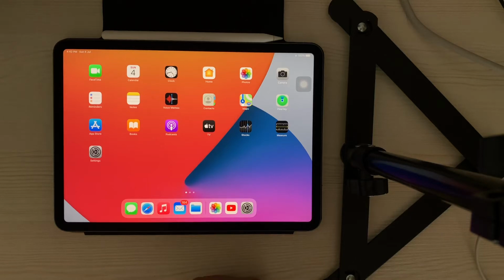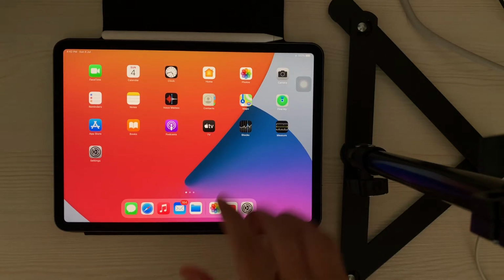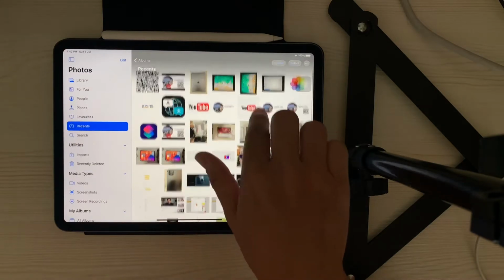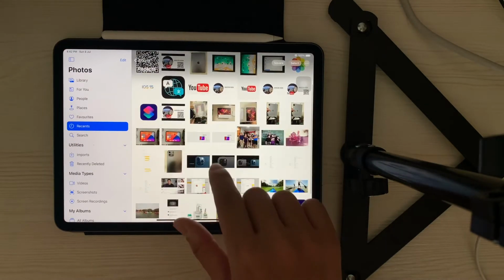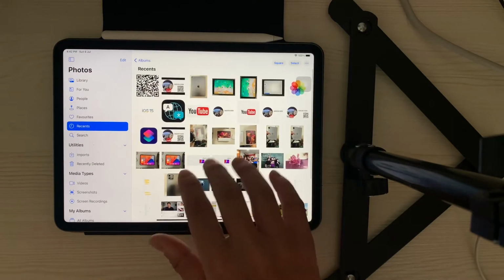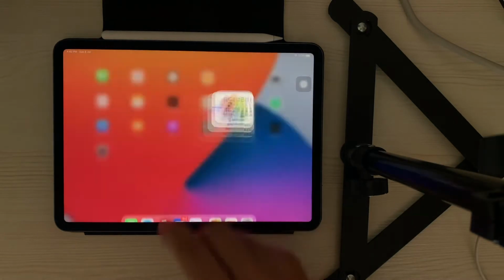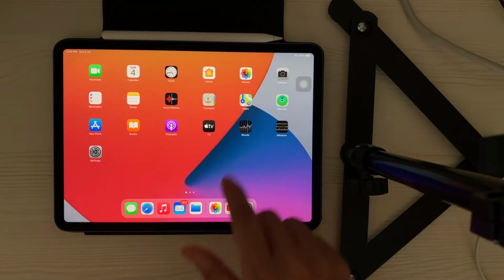Today I want to teach you guys how to use bundled photos to create a one-in-all PDF and send it to others without any additional apps. Let's get started. First,